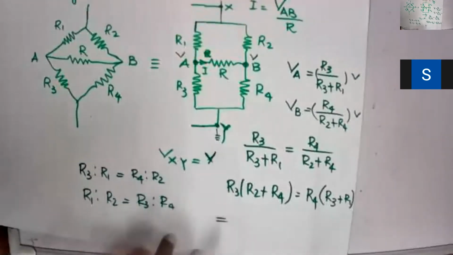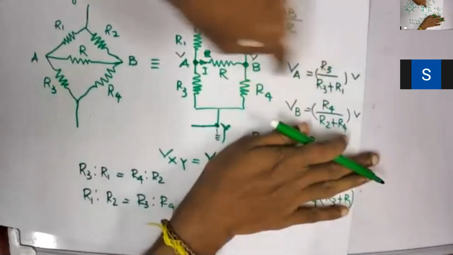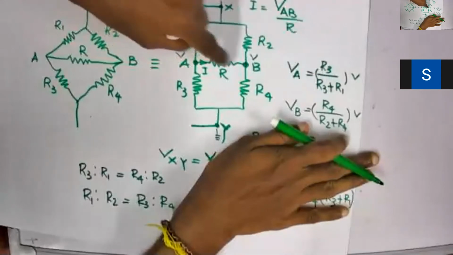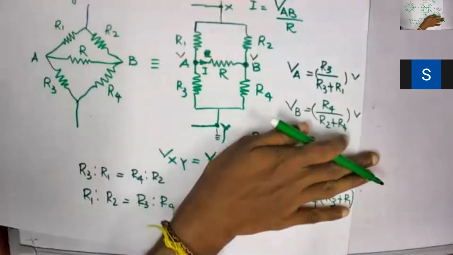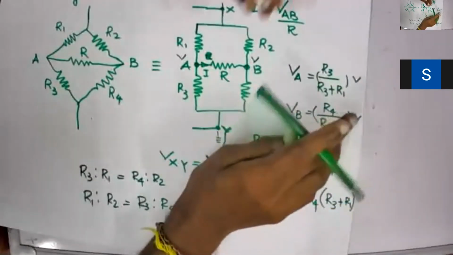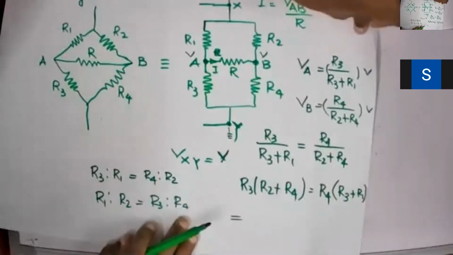But if the circuit is not balanced, you can use this equation to calculate the current through the bridge circuits, right? So this is the way. There are a few examples I have uploaded. You can practice it yourself. Okay, right. Now we'll move into